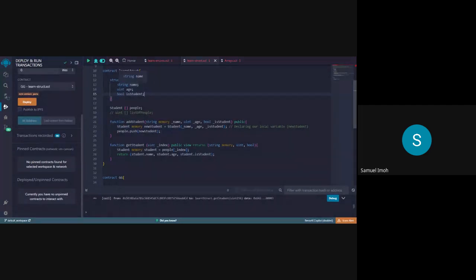A state variable is a requirement of your contract, so it can be called anywhere in the contract. Why? Because it's within the confinement of the contract. But if you declare a local variable, it's within the confinement of the function, and it cannot be called outside. So we declared a local variable here, which is new student, and we declared another local variable here, which is student. And then we are saying that this student is getting